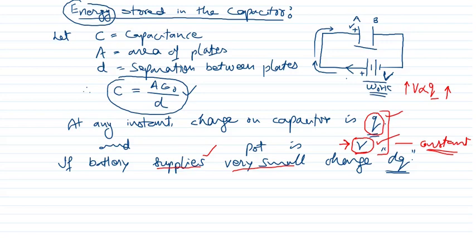When the battery supplies charge, and the already present charge is q, the battery will have to do work. So the small amount of work done